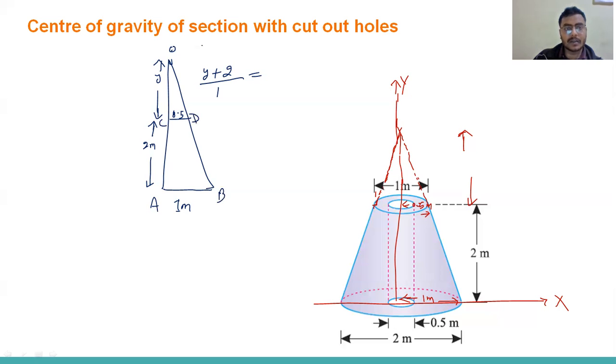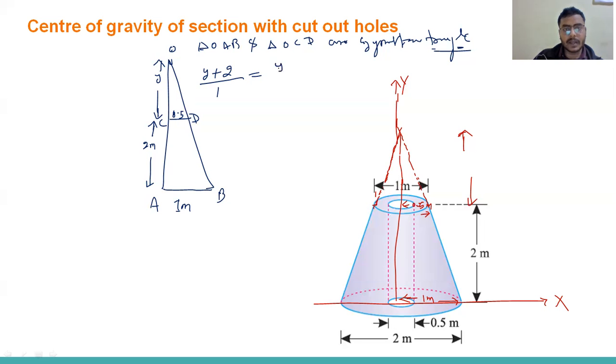So we can say here triangle OAB and triangle OCD are similar triangles, right? So now from the similar triangles, we can write y plus 2, total height, divided by 1 meter